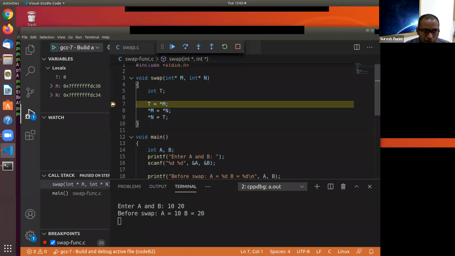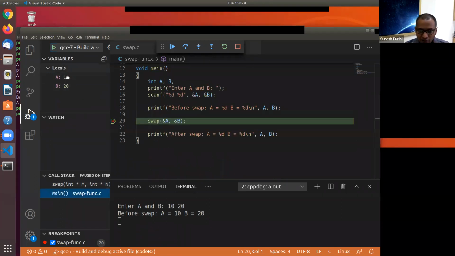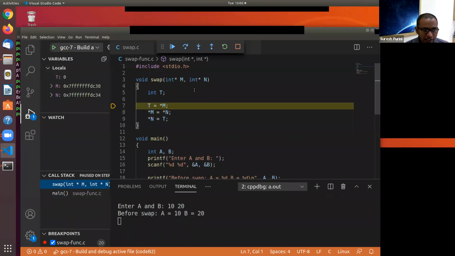Awesome. So now when we apply star m, what will be star m? Now if you look here, main still contains A equal to 10, B equal to 20. And what is star m? Star m is 10. What is star n? Star n means the address that is present in n, you go to that address and access that. So you can see star n is equal to 20 and star m is equal to 10. Cool, right? Everything is good, na?